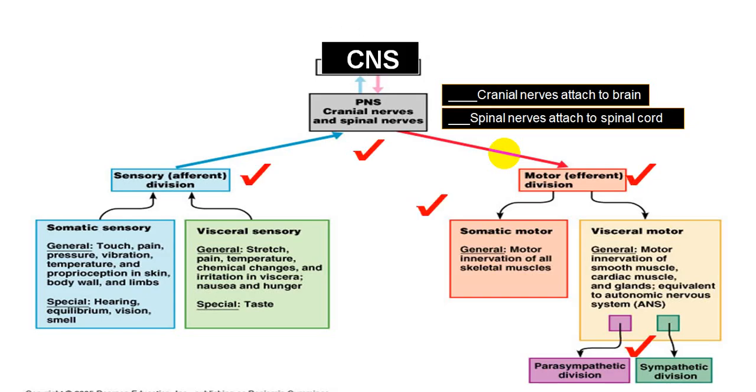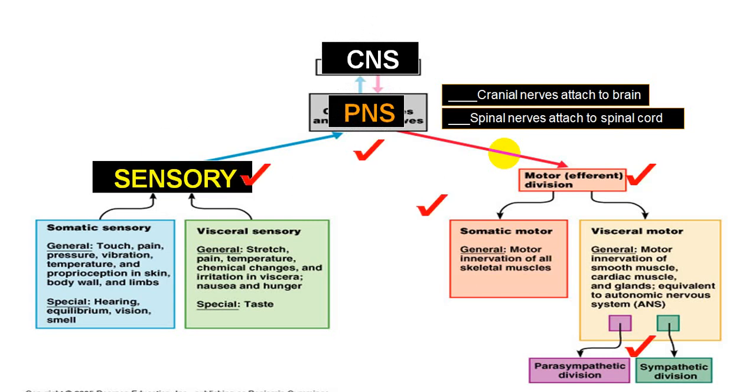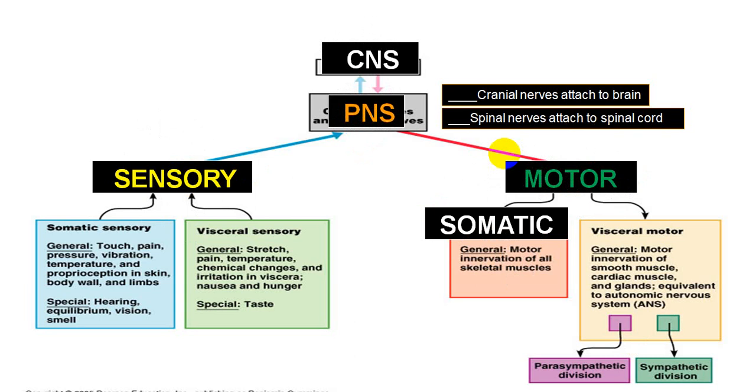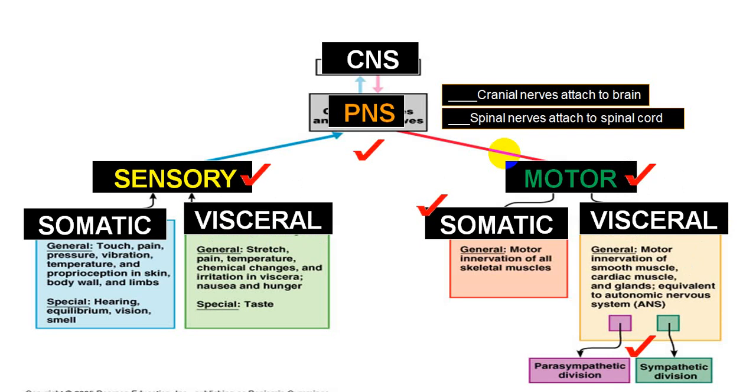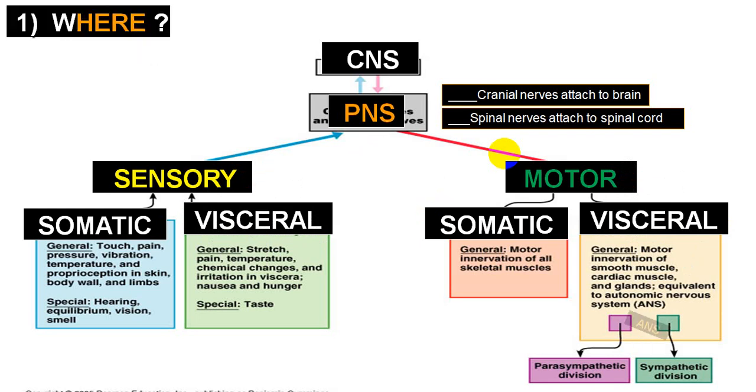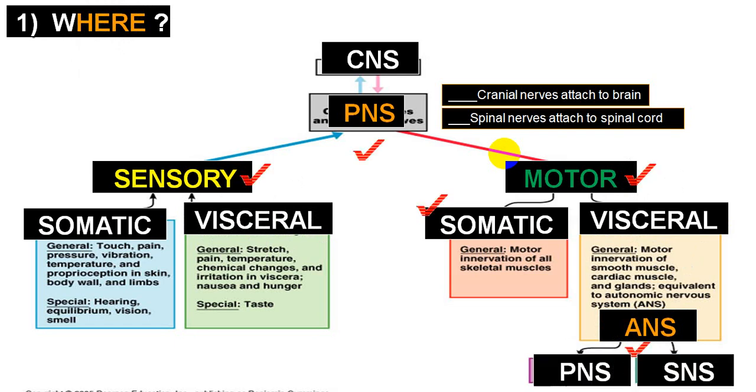We know very well the central nervous system, or we call it the nervous system, consists of a central part and a peripheral part. We are more interested in the peripheral part. It can be sensory, it can be motor, and again in that somatic in both systems, visceral in both systems, and then we have a third portion of the peripheral nervous system, that is the autonomic nervous system, which can be divided into sympathetic and parasympathetic.